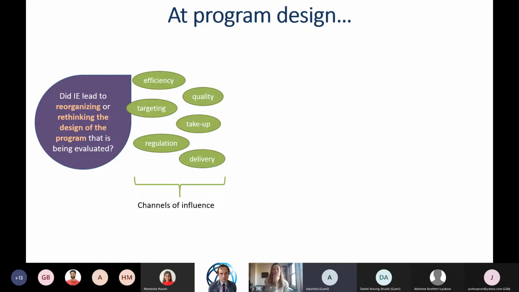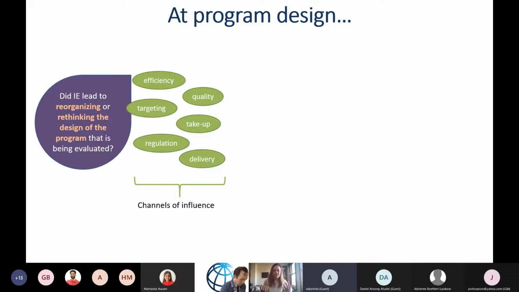For example, you're setting up a program, and you want to make sure that you're targeting the right people. Let's say it's for the ultra poor in a specific country. Are you targeting the right people? As you set up your program and discuss with experts in the sector, they can already help you: this is how you should target people. So you're already influencing how the program is going to be implemented, because you use knowledge to identify how to target people, because there's a lot of debate on that.